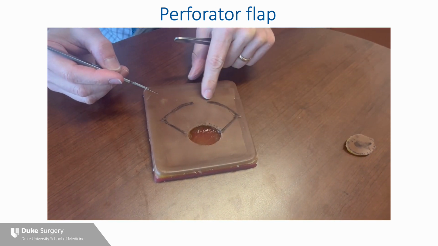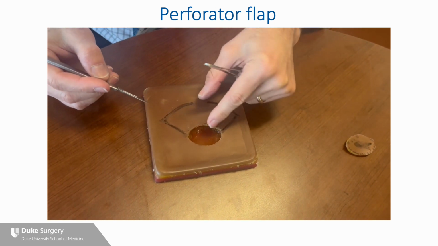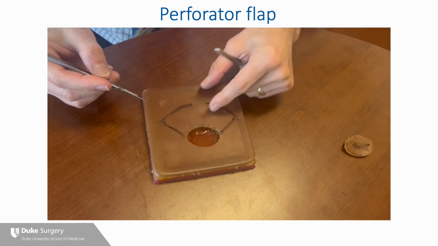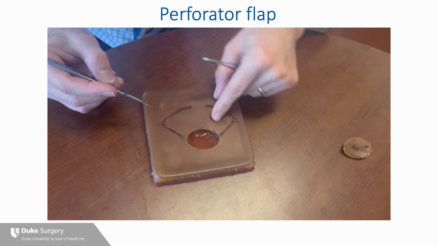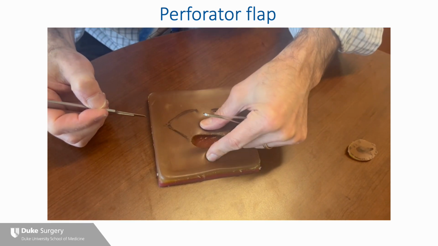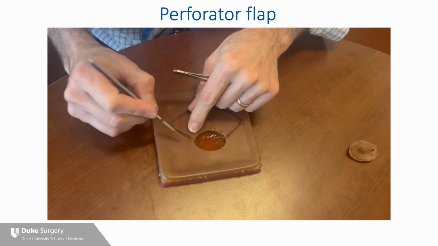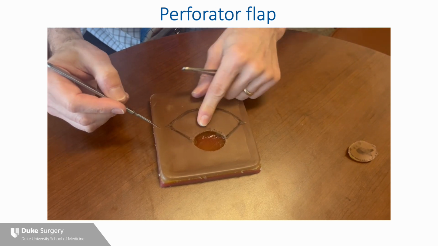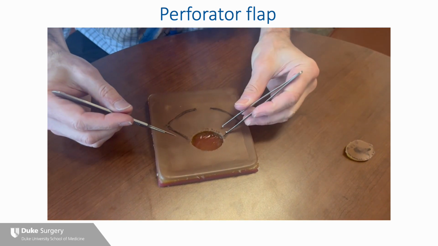And if you need to complete that skin bridge, as long as you have a way of maintaining orientation, you can do that for additional mobility. And the other thing is you can also incise the fascia itself if needed to get maximum mobility, but I find that I don't usually need to do that. So in this particular case,